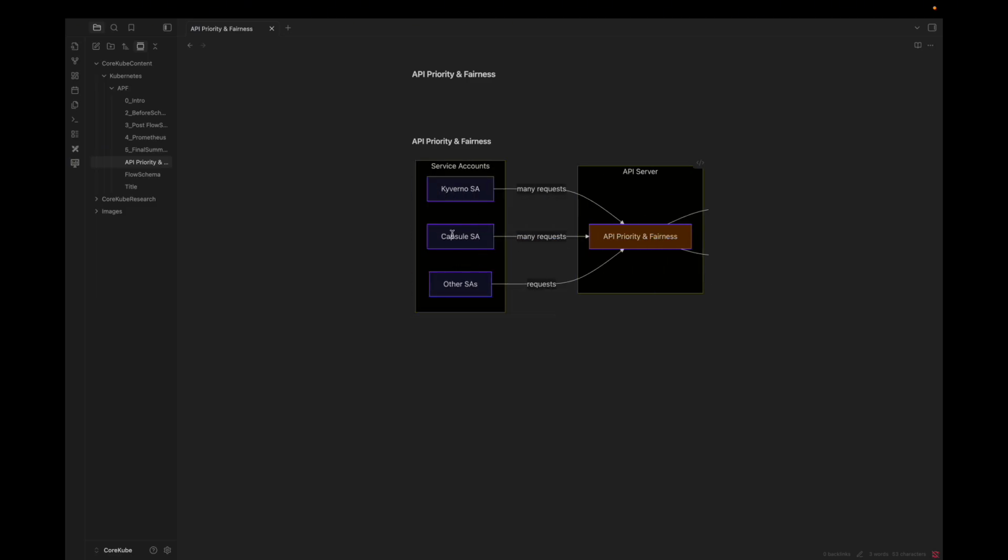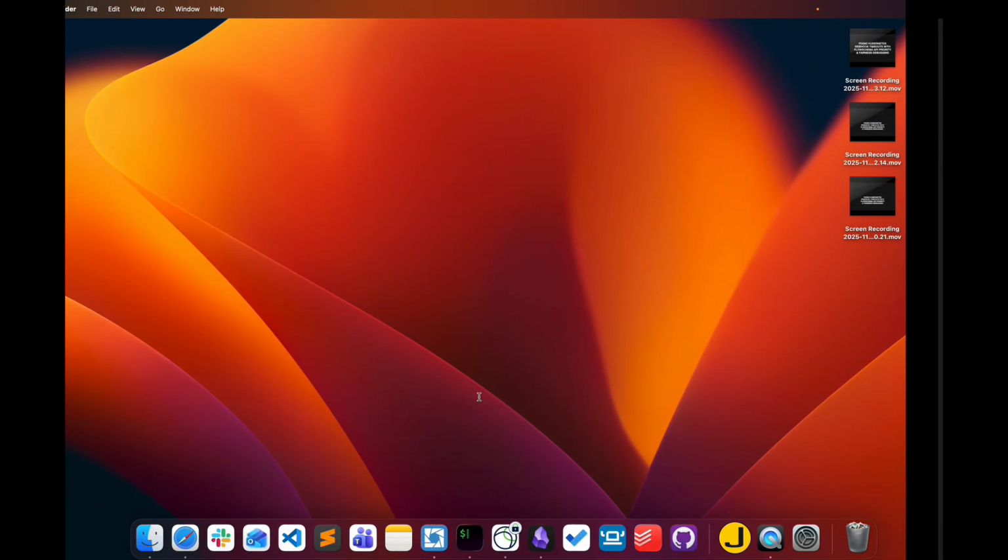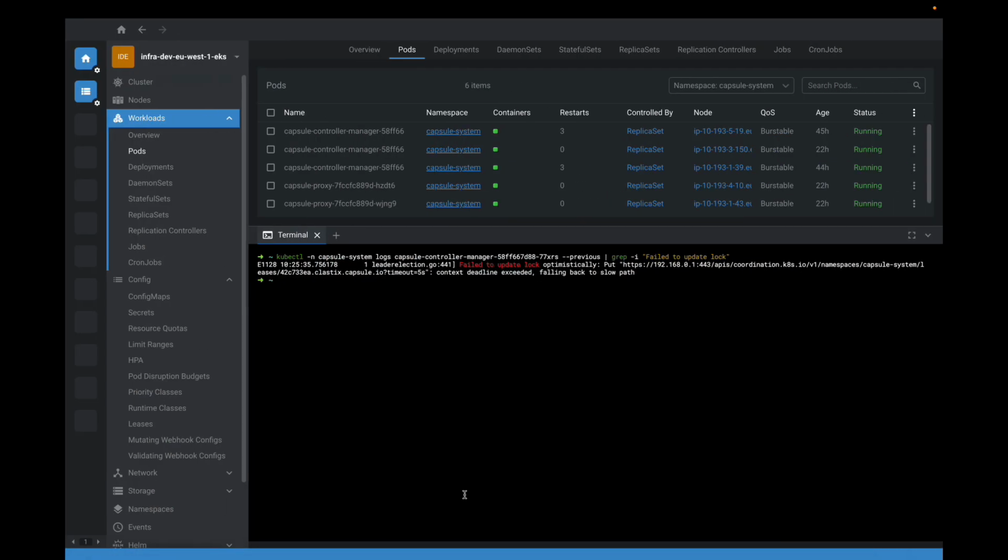The service account requests that Capsule or Kyverno use go through the catch-all flow schema. What that means, I'll show you in a bit. Think of it as a rule, like an email rule or Gmail rule, which catches all the emails. In a similar way,